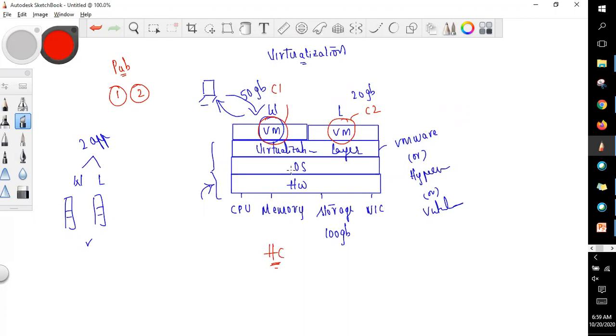No. For example, if you say storage, we'll understand it in a better way. When I say 50 GB is shared by customer one on this virtual machine, it doesn't mean that this customer is also using that data. No, it is just the hardware components. Everything will be logically divided.